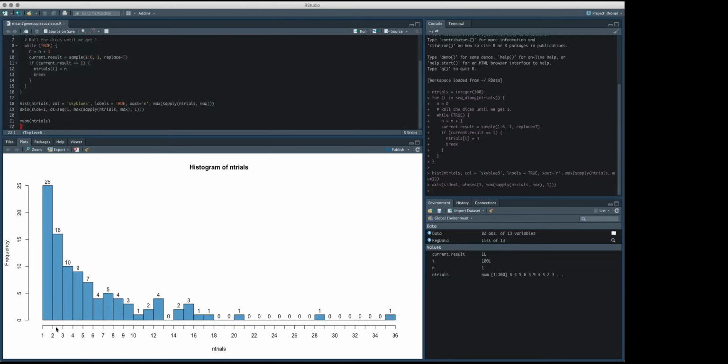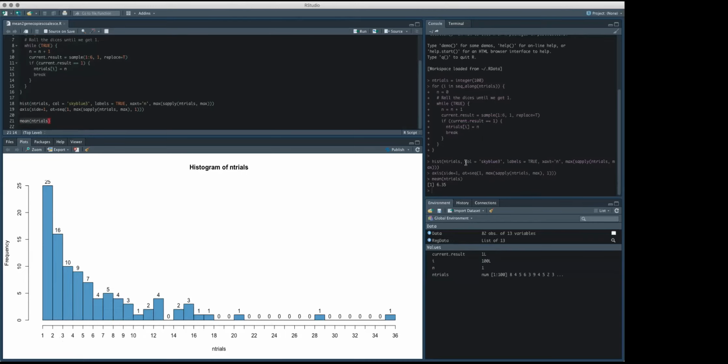25 times 1, we had 2 16 times, so 16 times 2 plus 25, then 10 times 3 plus all of these, and then just take the average, so that would be 100. Okay, but we could actually do it very simply in R. So let's take the mean of this and let's look at the mean. So the mean is 6.35, and as you can see, again, we're very close to our number there, 6, which